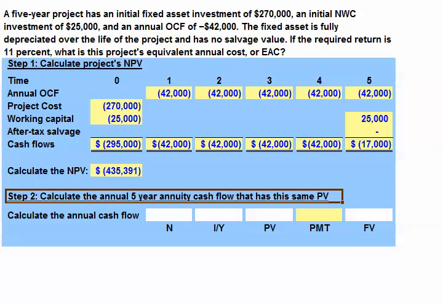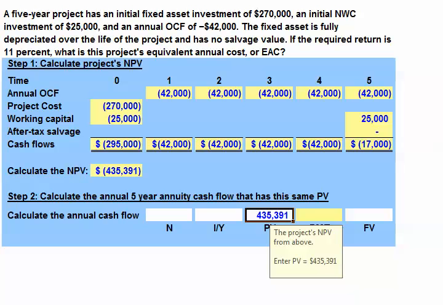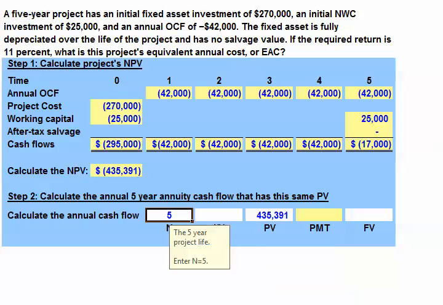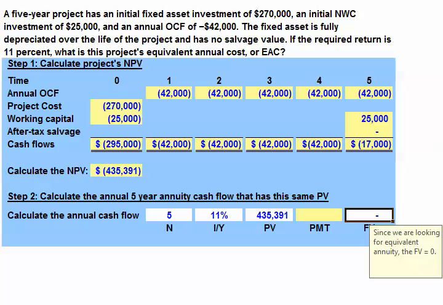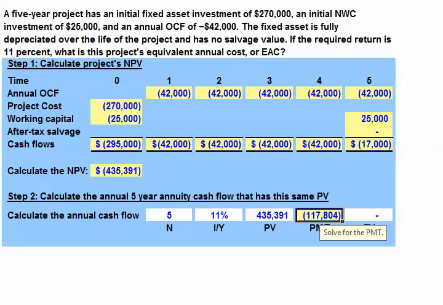So in our financial calculator, we'll enter negative $435,391 as the project's present value. Again, we were looking for a 5-year equivalent annual annuity because that was the project's life, and our required rate of return was 11%. Finally, for the future value, we enter 0 since we are looking for an annuity cash flow and no final terminal cash flow. The last step then is to solve for the payment, and we find the equivalent annual cash flow is negative